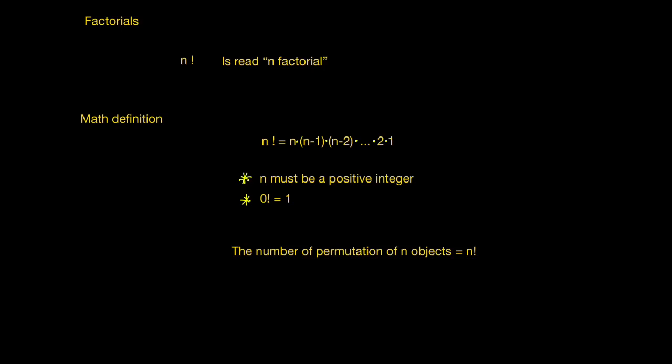So here we have new notation. We have this n with an exclamation mark, and this is read as n factorial. Now for the math definition, n factorial is equal to the product of n times n minus 1 times n minus 2 all the way to 2 times 1. Now here are the certain conditions. n must be a positive integer,